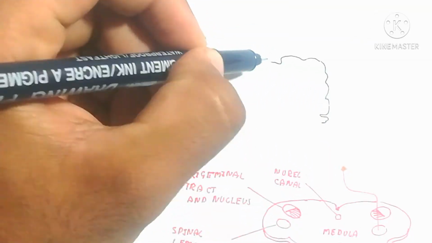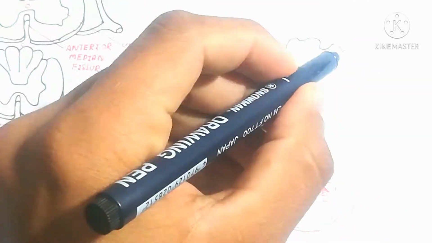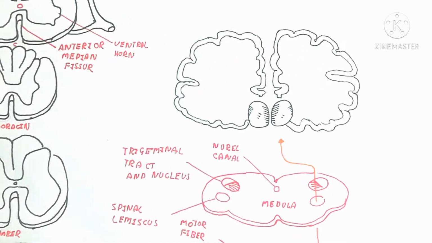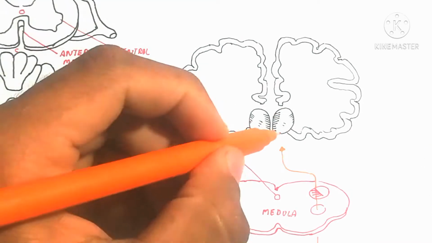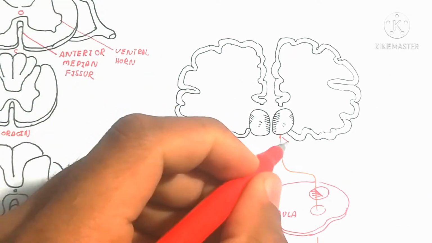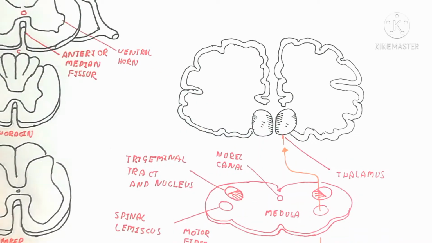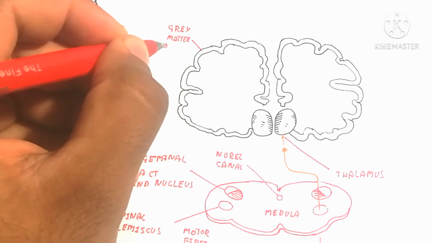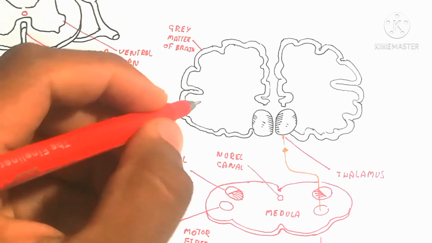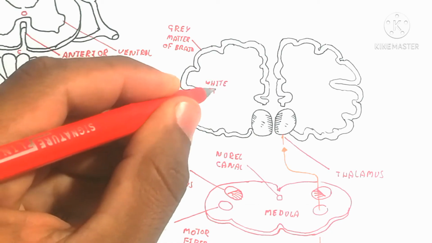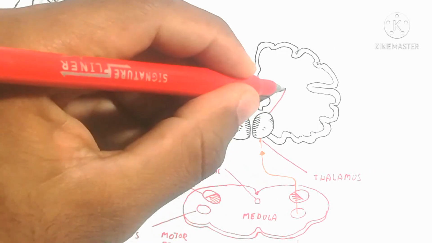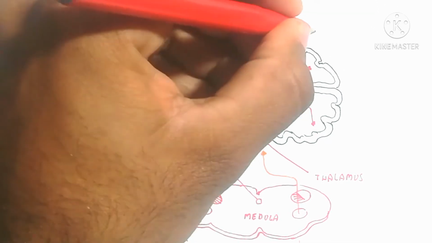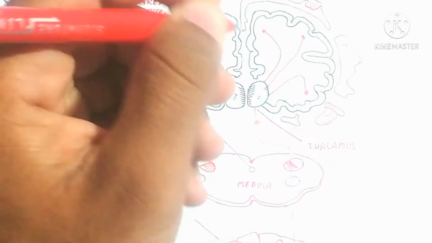So you should remember about these things basically. I want to say that the medulla will lead to the cortex, here a cross section of the cortex. Here is the thalamus, which receives the signal from the second order neuron, and this second order neuron will lead to different regions of the body, which we will discuss. Here the upper part is the gray matter and the inner part is the white matter. You should remember that it's opposite to the spinal cord.